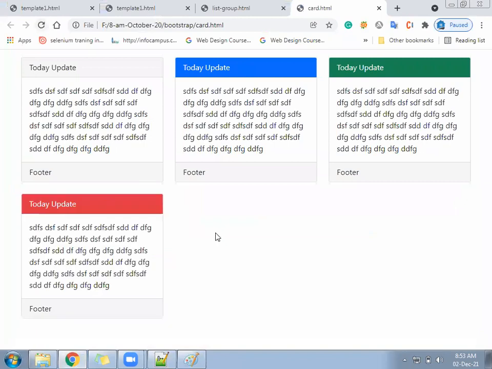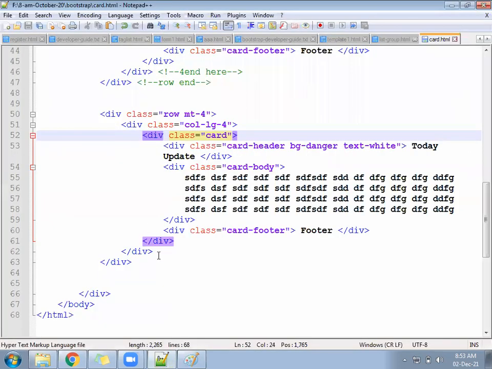Coming, red color, add two more col-lg-4. You should keep a comment here, col-lg-4 end.